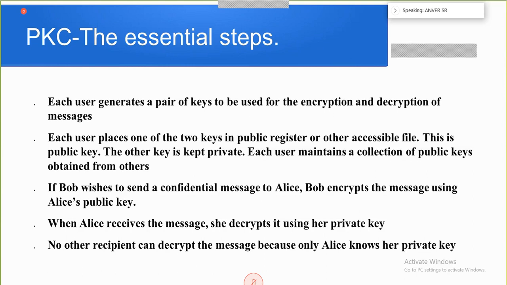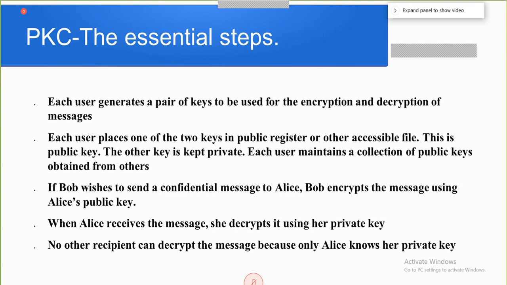Here Bob is the sender and Alice is the receiver. If Bob wishes to send a confidential message to Alice, how can it be encrypted? Here also we can ensure security goals like confidentiality, authentication, etc. Suppose we want to ensure confidentiality, then how can we encrypt the message? Confidentiality means the message is not known to any cryptanalyst during transit.